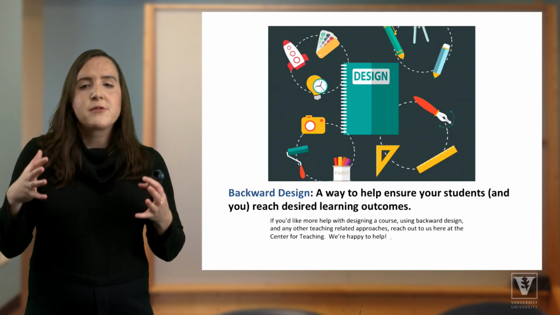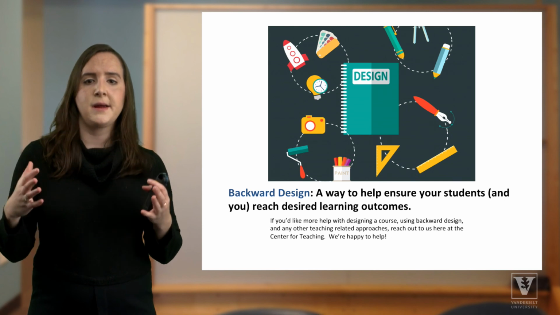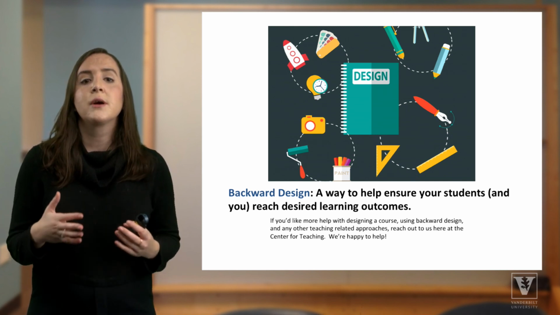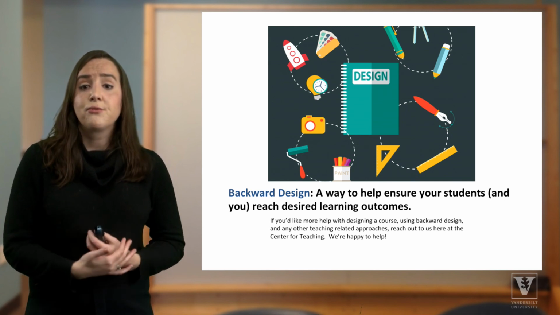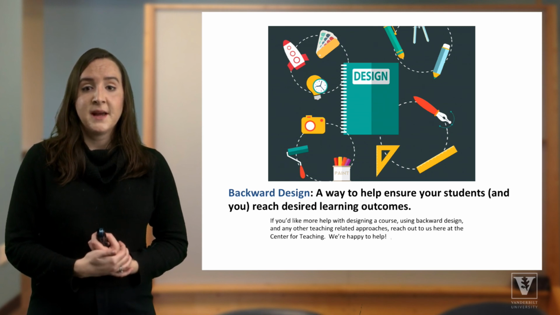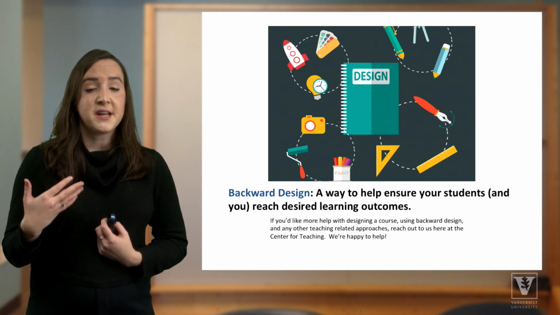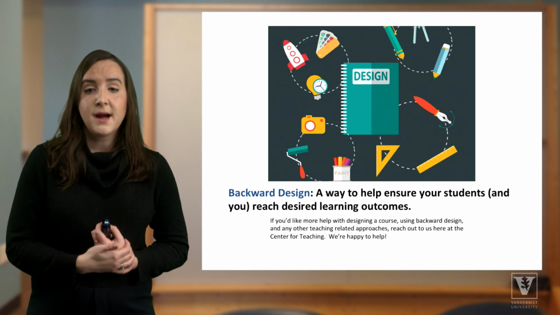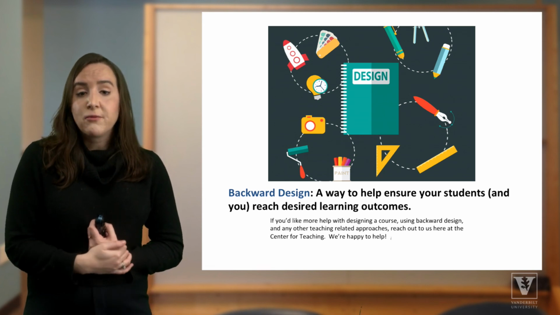So at the end of the day, backward design is a framework to help ensure your students and you reach desired learning outcomes. And if you'd like more help with designing a course using backward design or any other teaching-related